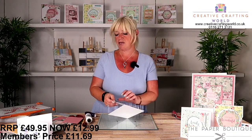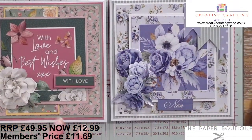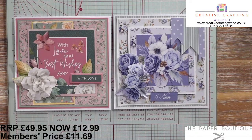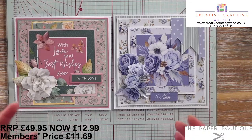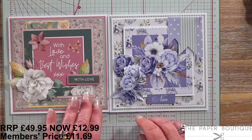So these are the two cards. Let me show you on the overhead so you can see. I know they're both 6 by 6, but obviously that's because it's my go-to size. You can create cards of any size with these. Even if you like your 7 by 10s, you've got 8 by 8, but you can actually overlap and overlay them. But you see the two different cards that I've got there using the beautiful toppers,